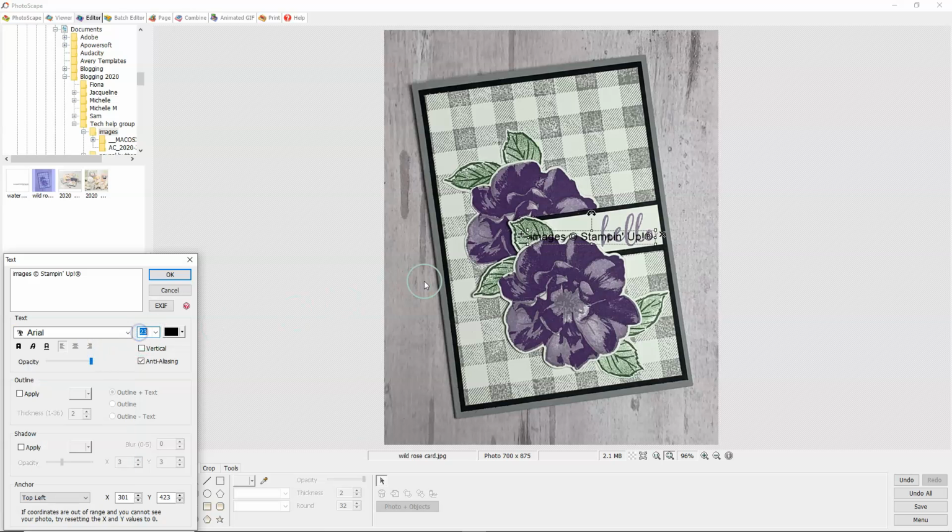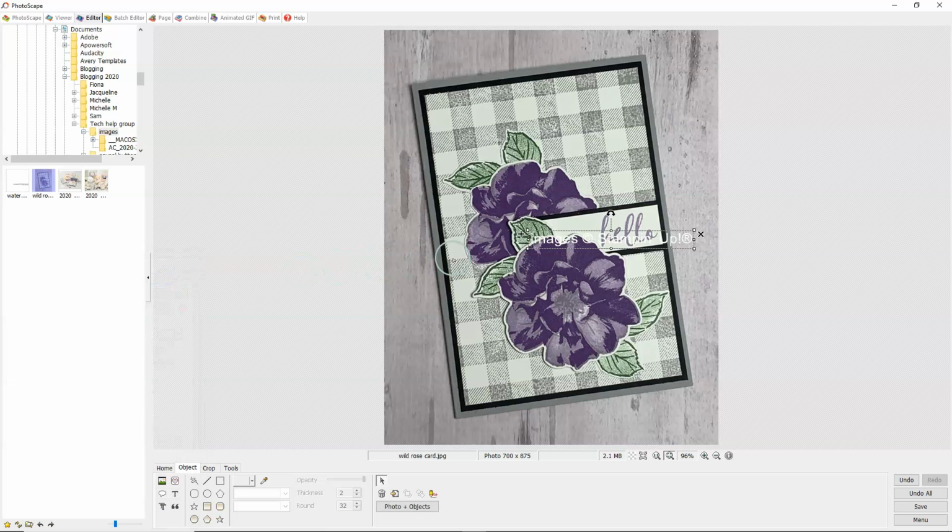I can change the size, so you can see that I can make that a lot bigger. I can change the color. So for example, if I don't want it to be black on this photo, I could make it white. And then obviously you have other options here, so you can add an outline. Not very good having a white outline on a white, but there we go. So for example, I could outline my white in black, or the other way around. I could also add a shadow if I wanted to. So you can play around with the effects slightly to create your watermark, and then you want to click